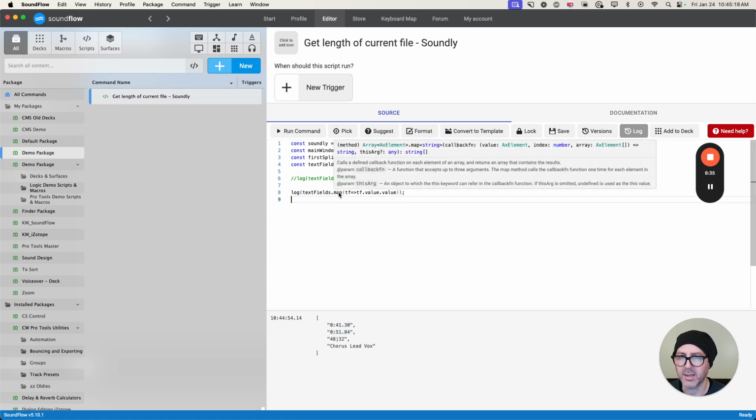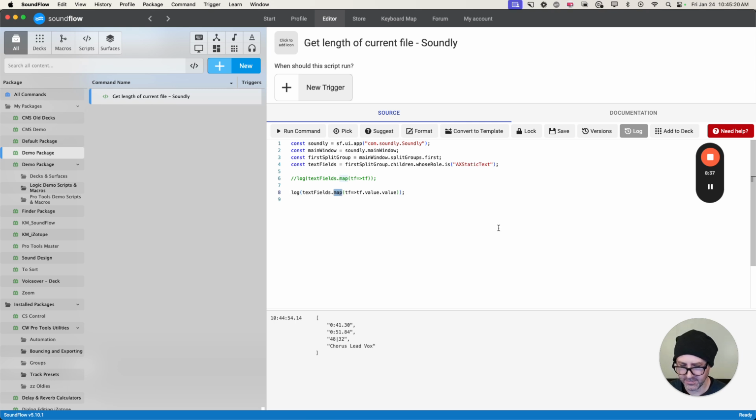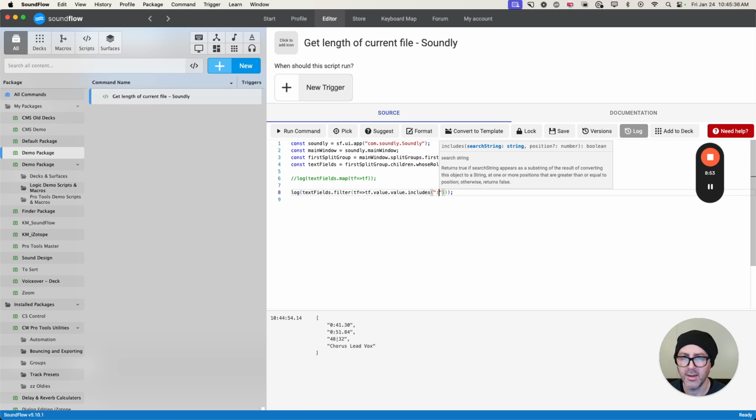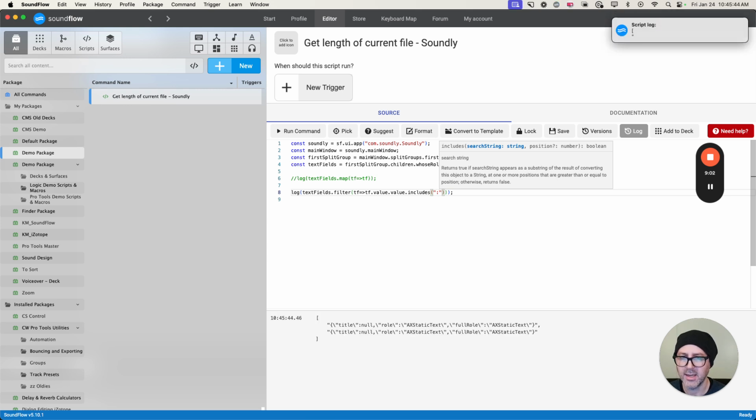So to do that, we're going to change this to filter, and we're going to go value.value, and then we're going to go includes, and the first one we're going to do is just the colon, and this will work enough, but we're going to improve this. So if I now clear out the log again, and run this, it comes up with those 2